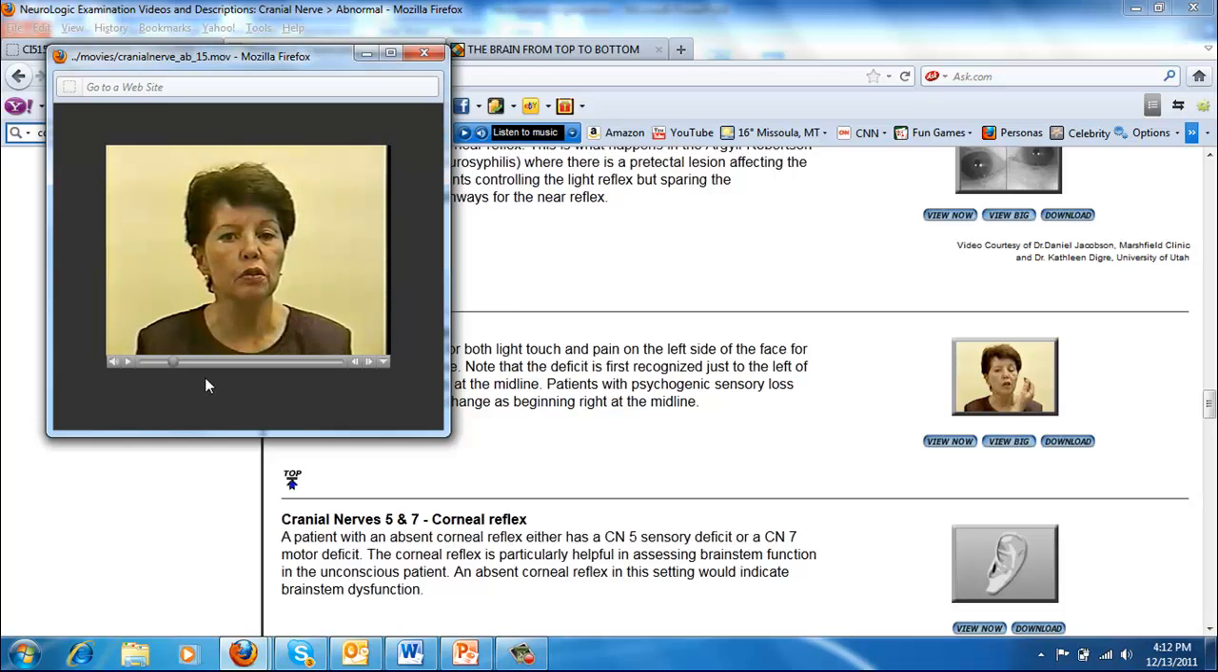Okay, so again, don't be paying attention to what she's talking about, because she's talking about sensory stuff and we're talking about motor stuff. But you should have easily been able to notice that her whole right side of her face is not moving. Okay, so this again